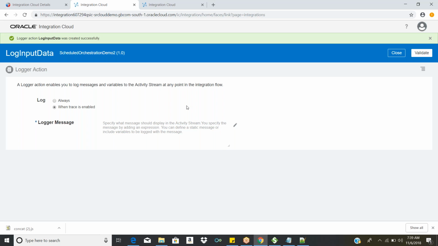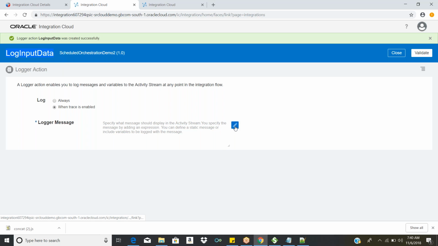So I have given a dummy name, log input data. For this, what do you want to log? Whatever string is there, using this string you can search the message in the log. Once you download the log from the ICS console, extract the logs, open the ICS log file, press Control C, Control F, and search in the log file. You can find this string, and the value associated with this particular string you can find in the log.